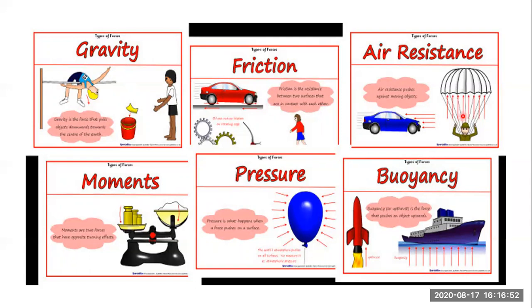Here, the friction force helps the car to move forward without slipping. Air resistance: when a balloon or any aircraft moves up, it has to flow against the resistance of air. This is called air resistance force. Moment. Moment is nothing but the effect of a force. We'll study this later on in this lecture only. Moment is nothing but the turning effect produced by a force about a point or an axis.